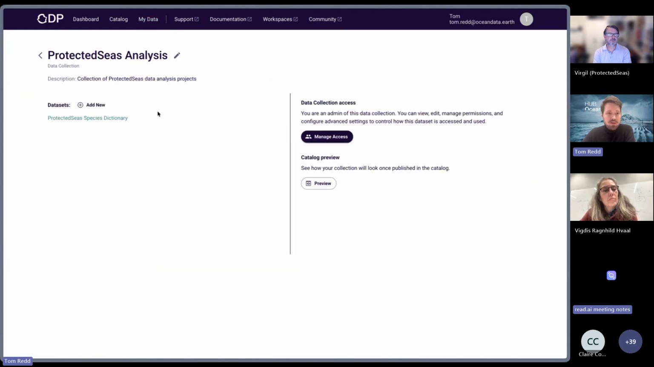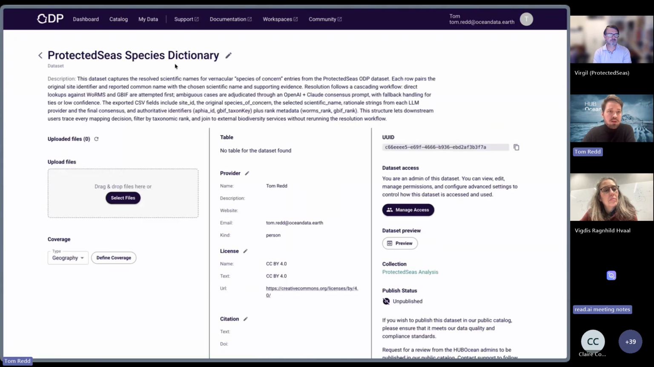And if there's any British people here, then you'll know what I mean when I say, here's one we created earlier. Here's a data set that we've created called Protected Seas Species Dictionary. And this is using LLMs to map the common names of protected seas species to the scientific names and their associated identifiers in GBIF and WoRMS for OBIS